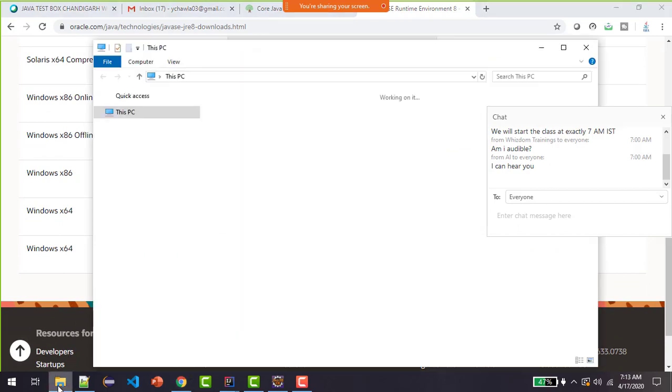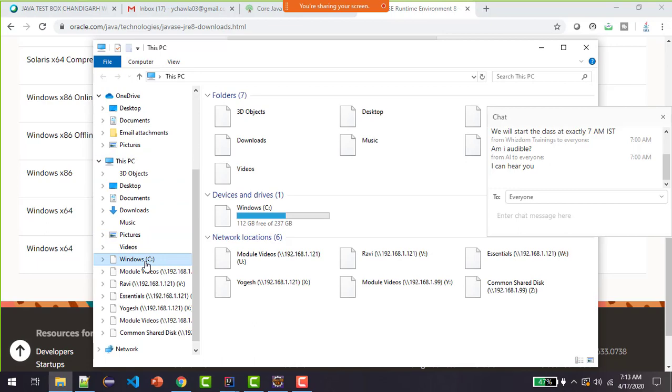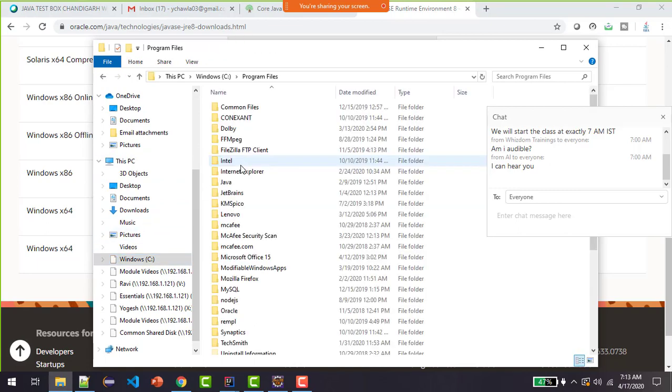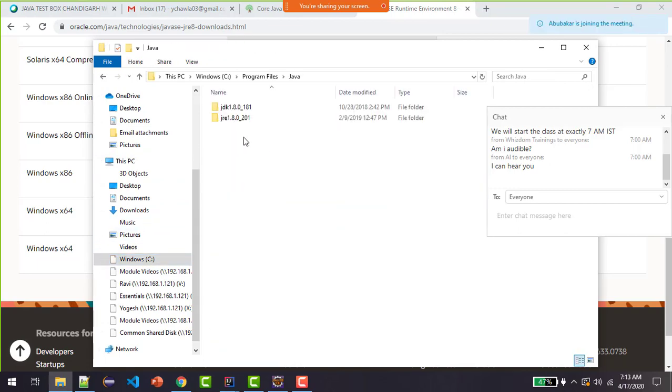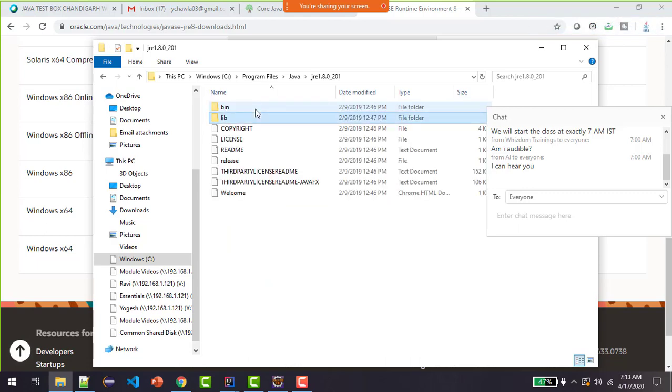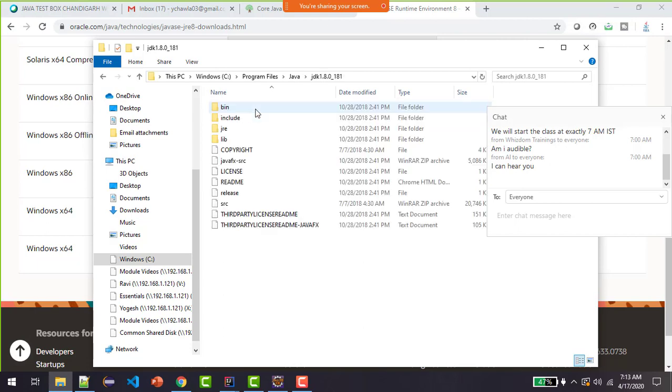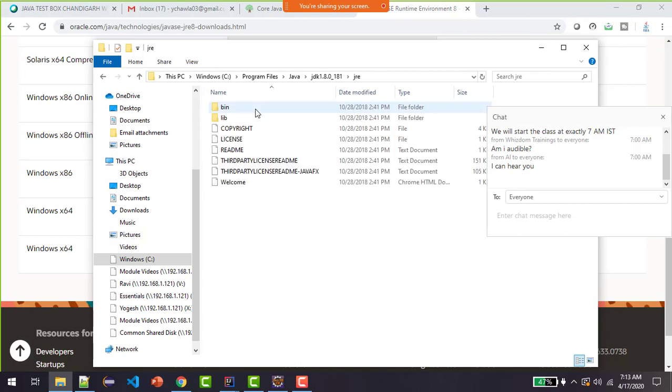And if I show you in my C drive, here program files folder, Java folder, I've got both JDK and JRE. And when I was saying JRE, binaries, libraries, and if I go and check JDK folder, it has got JRE folder. JRE has got binary libraries.